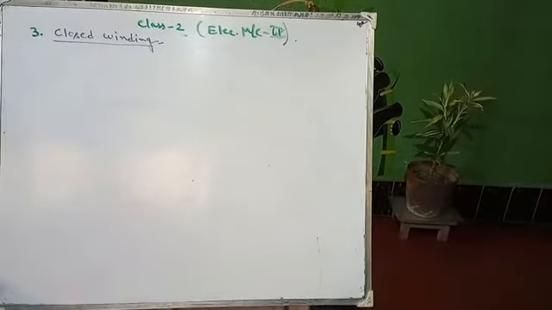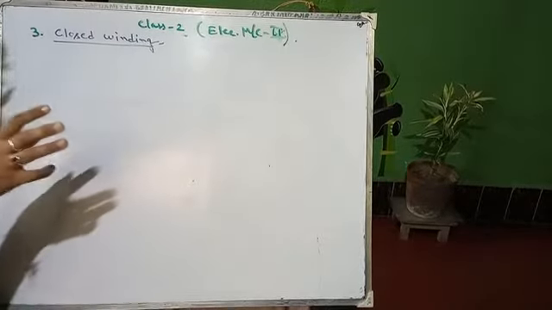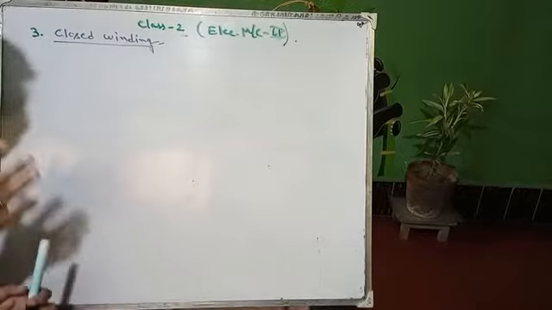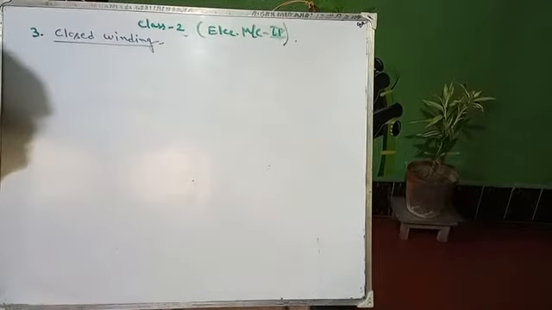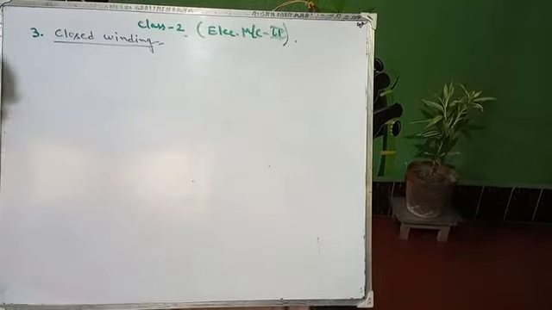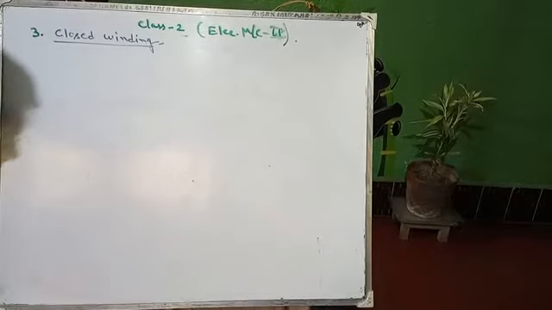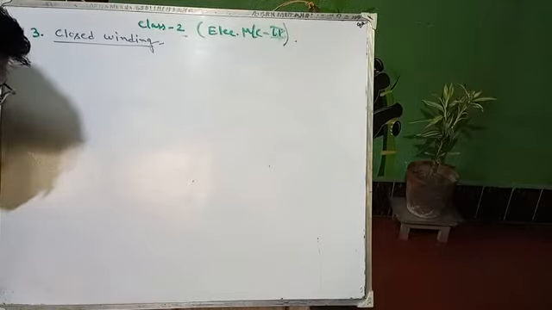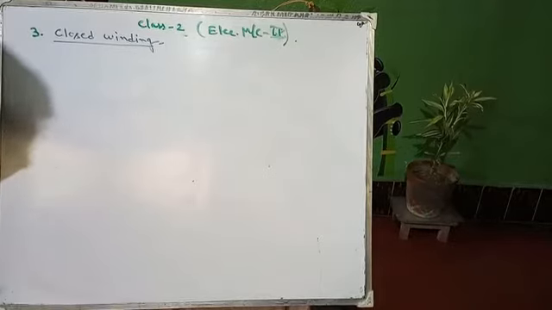So just write, as the name suggests, it is closed. So closed winding means what? Closed winding forms a closed loop circuit. It forms a closed loop like structure. There is a closed path in the sense that if one starts from one point on the winding and traverses it, one again reaches the starting point from where one had started.